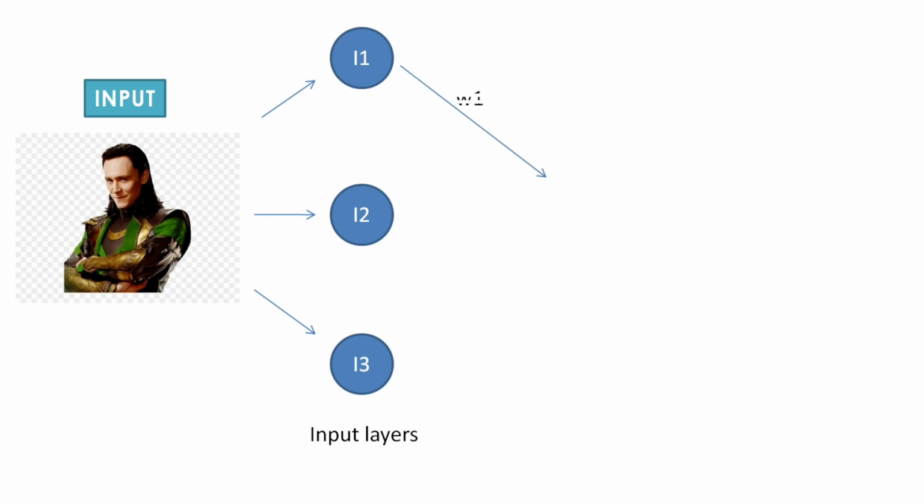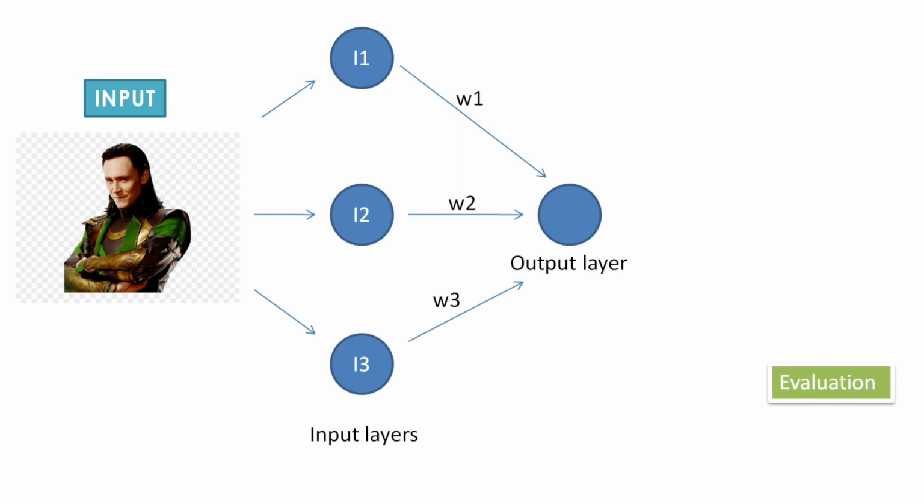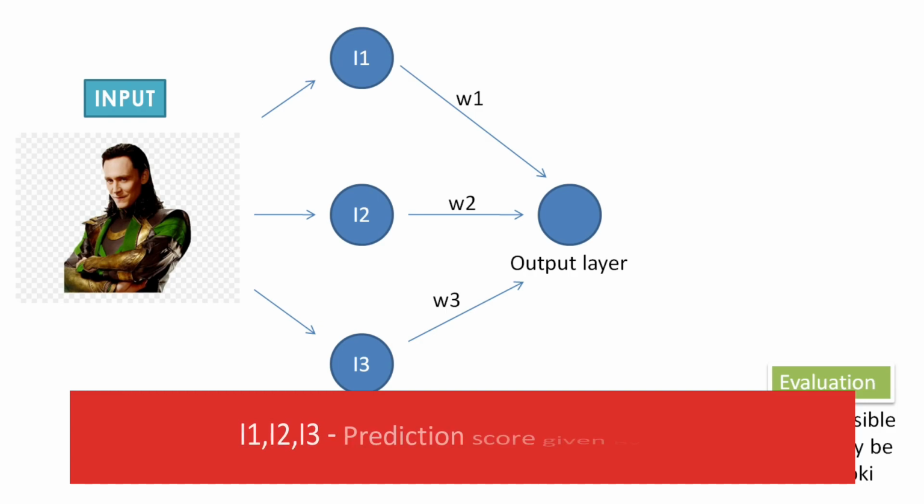So the hidden layer analyzes the image and it will give you some prominent scores, and those scores are provided by the hidden layer. Generally, the neural network will give you the scores on a scale of 0 to 1. If the score is equal to 0, then we can assume that it is not a Loki picture. If the score is greater than 0.5, we can assume there is some possibility of Loki, and if it is 1, we can say it is definitely Loki.